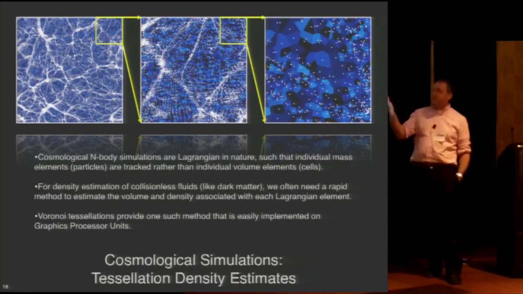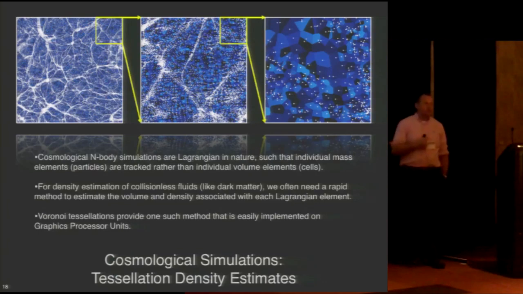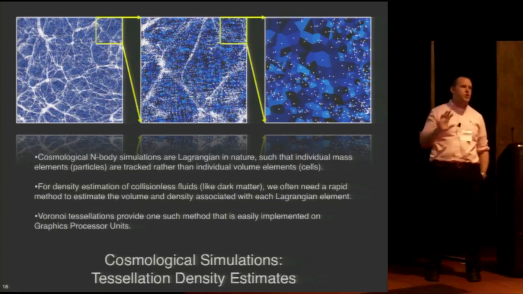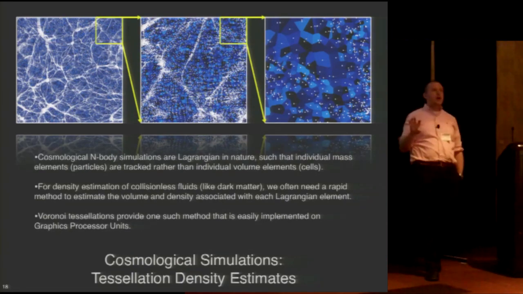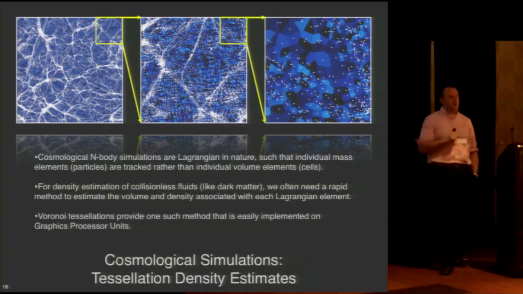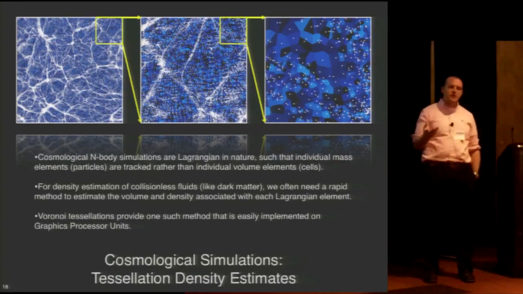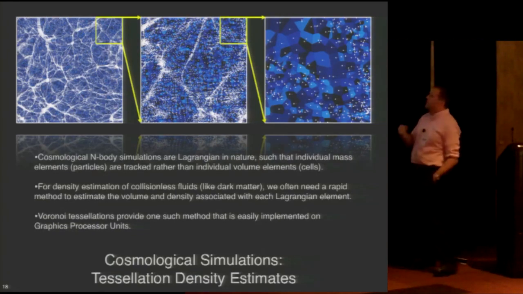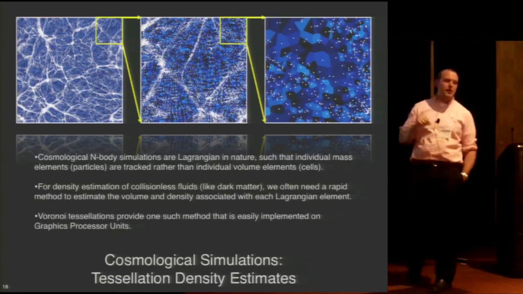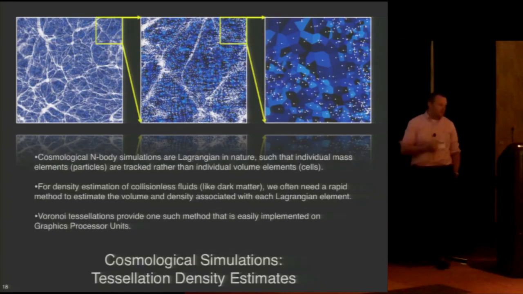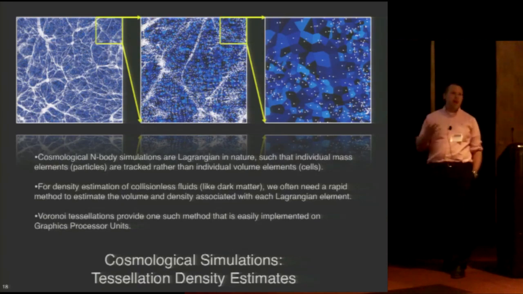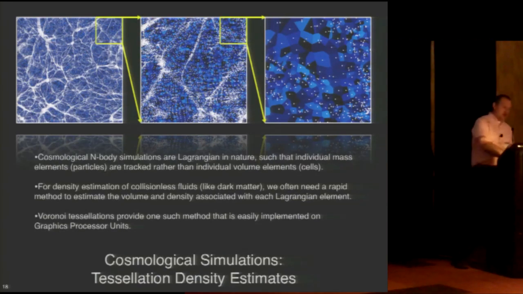And actually, you know, we've implemented this on GPUs, just using CUDA to go in and reconstruct a tessellation of volume cells around the particles that allow us an instant density estimate for these cosmological N-body simulations, and this allows us to measure some of the physical properties of the dark matter network. And so here you can see there's a huge dynamic range. The tessellations on the far right are actually present in all of the other images. I'm just zooming out by a factor of 8 in each step. And we can do this very quickly, even though there's a large number of particles, just by taking advantage of coprocessor efficiency.